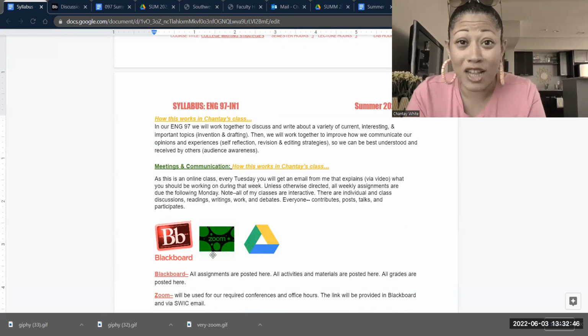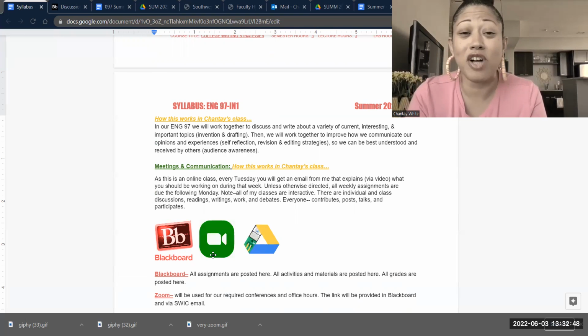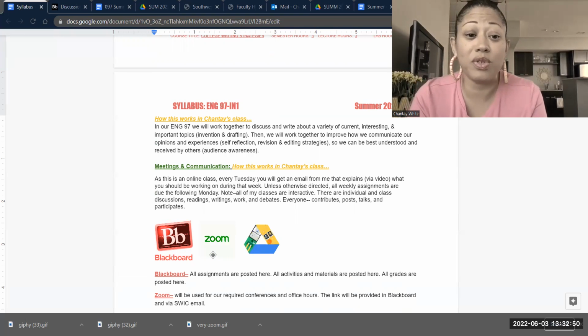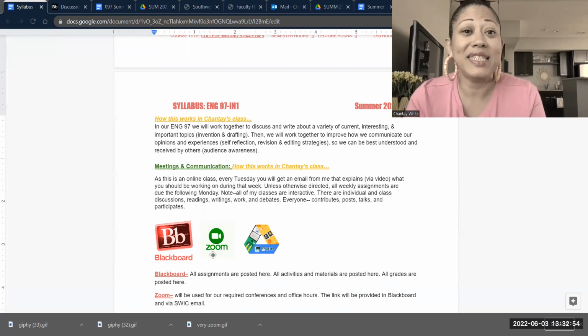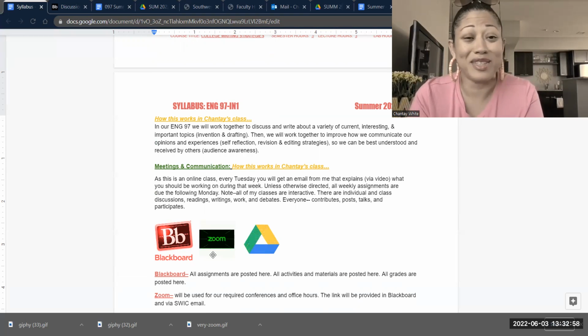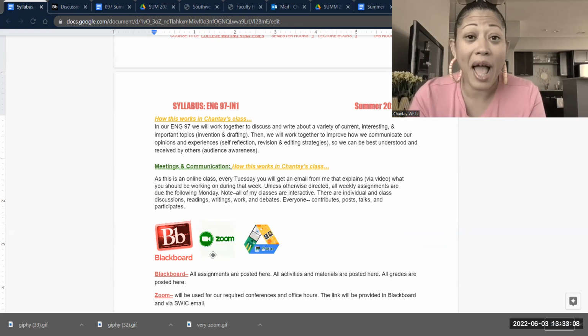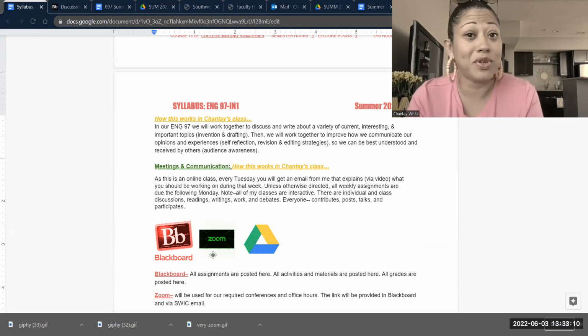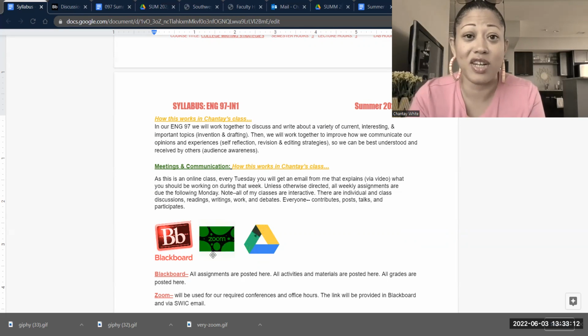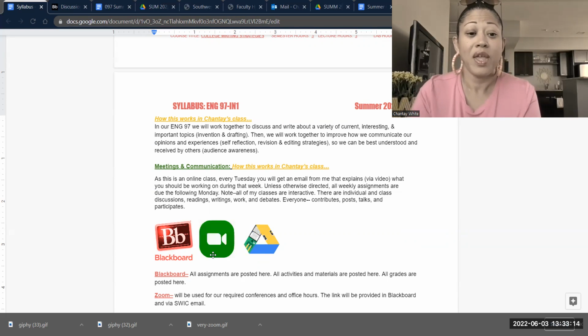Beyond that, this is an online class, as I said before, and there's a couple of different online tools that we will use. The most important one is Blackboard. The easiest way to access Blackboard is to Google SWIC Blackboard, and it'll take you to the login page. To log in, you need your student ID number and whatever password you use to access eStorm. That password is going to be the same for Blackboard, your email, Teams, or anything else at the college, and you're going to need it for all of your courses.